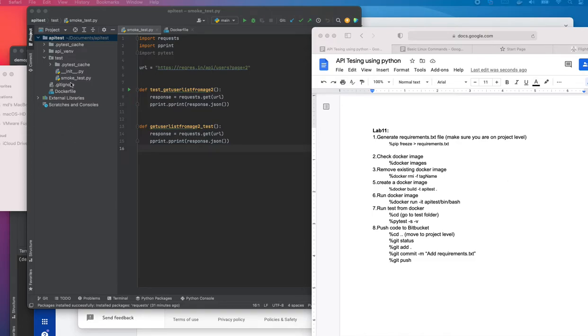As you see right now, we don't have a requirements.txt file. Then we will check if we have any existing Docker image. If we have, then we will remove the Docker image. Then we will create a Docker image. We will run the Docker image and run our pytest from the Docker container, and then we will push our code to Bitbucket. Okay, so let's